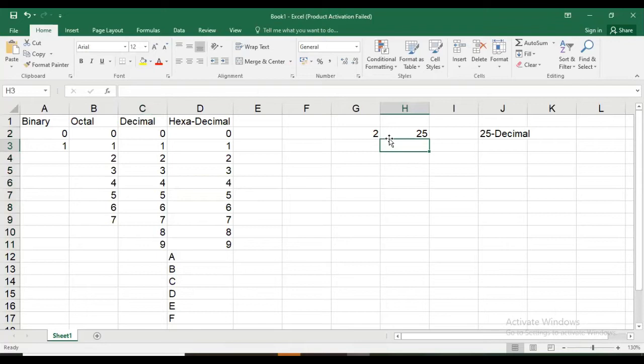When we divide 25 by 2, we have 12 as quotient and 1 as remainder. This is the remainder, and this is the number with which we are dividing. Now again we have to divide the quotient by the same base.